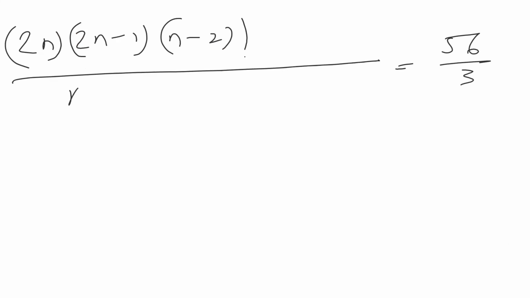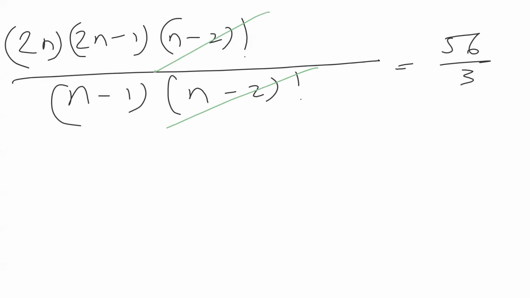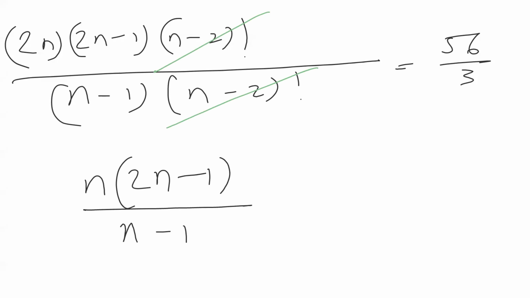So this n minus 2 factorial, n minus 2 factorial is cancelled. Now we are left with 2n into 2n minus 1 upon n minus 1, equal to 56 by 3. Now this 2